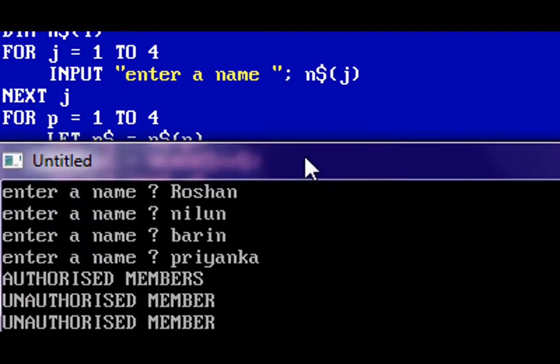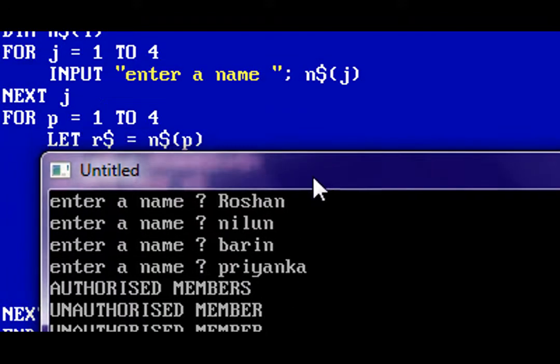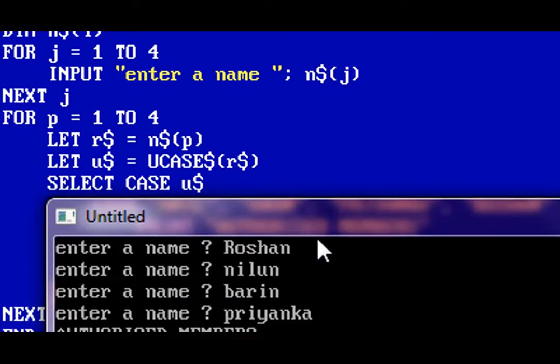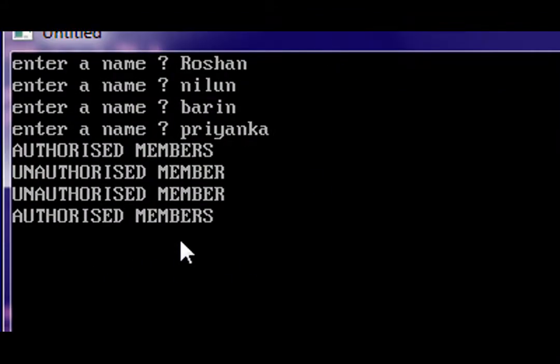That's why it printed unauthorized member. And finally there is Priyanka, and QBasic checked if there is any name called Priyanka in the program. It found it, and that's why it printed authorized members. And similarly it did for mine also.